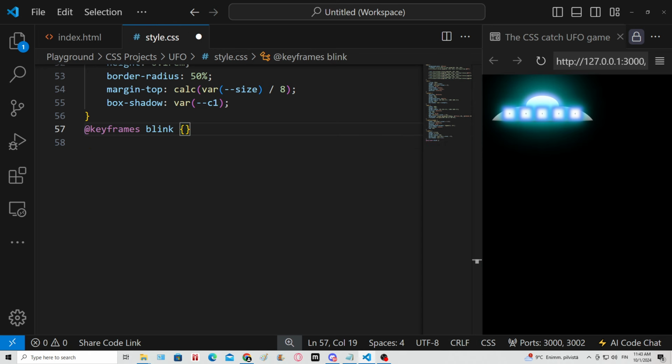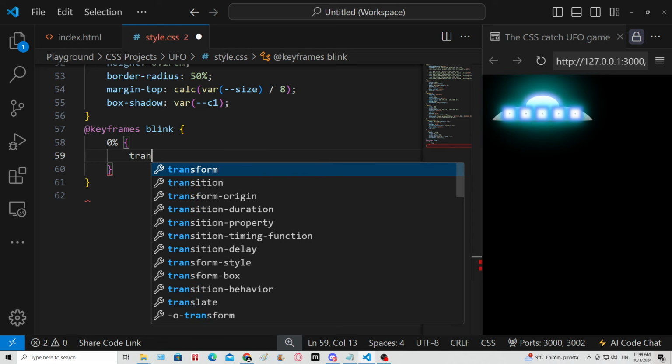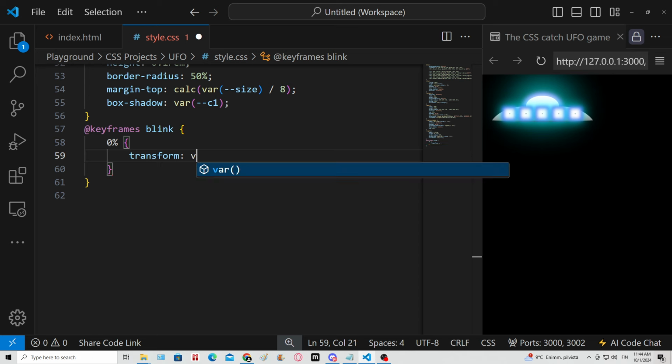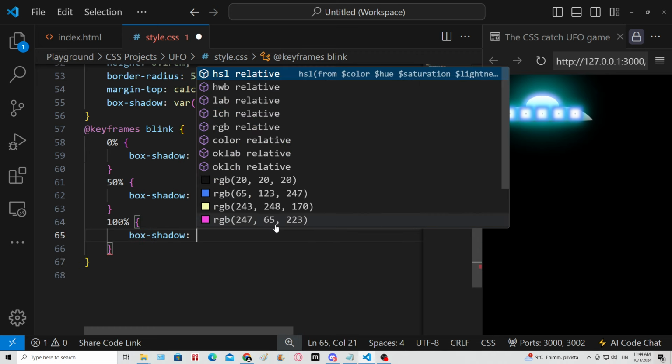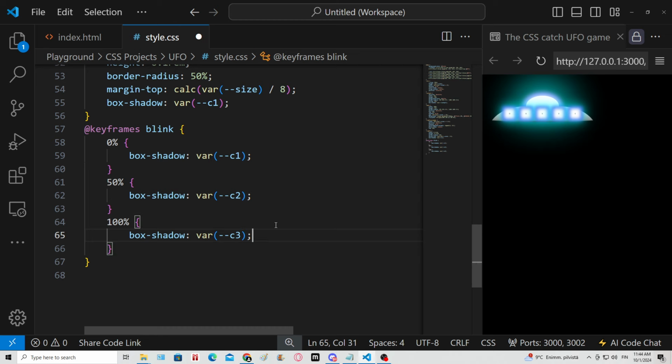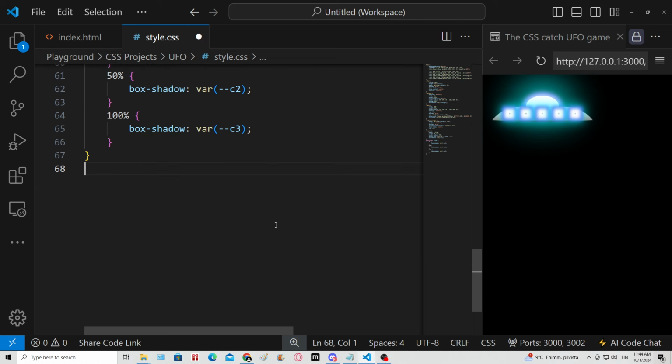Keyframes blink. At 0%, take the transform, use the variable C1. Actually, nope, we're gonna use the box shadow. At 50%, the box shadow will be variable C2, and then at 100%, box shadow variable C3. There we go. Alright, then I'm gonna select the L1,